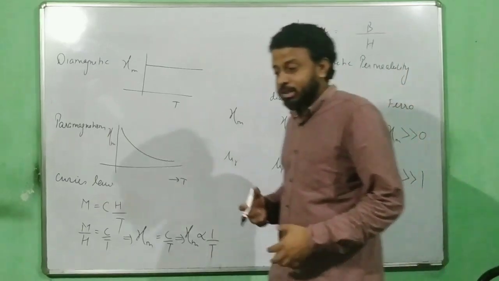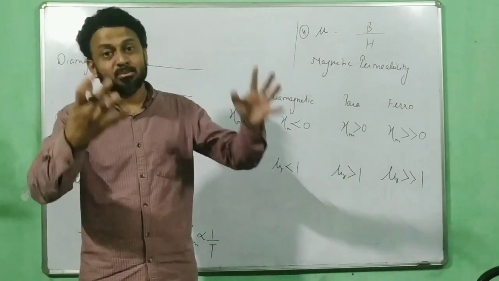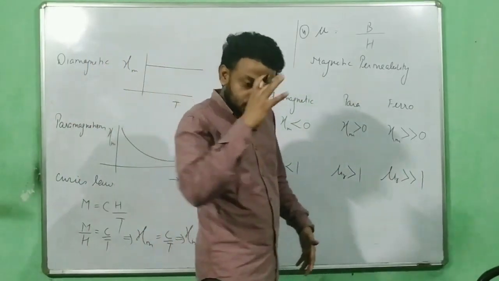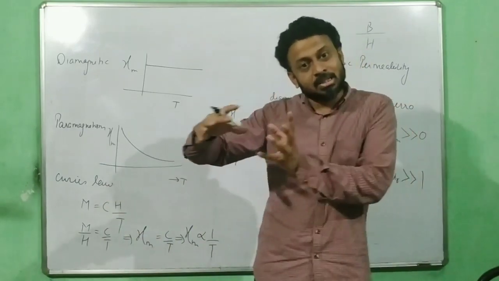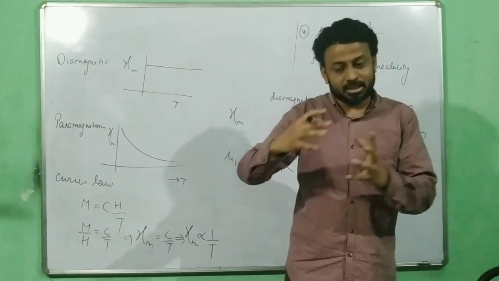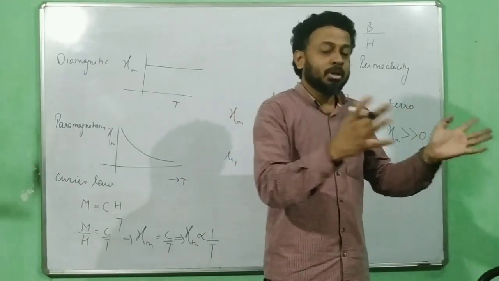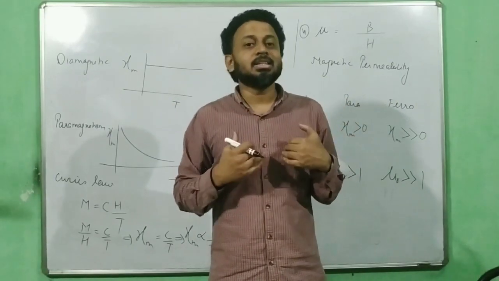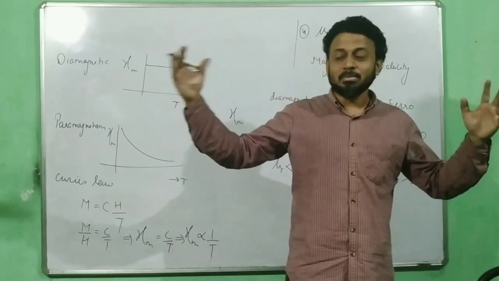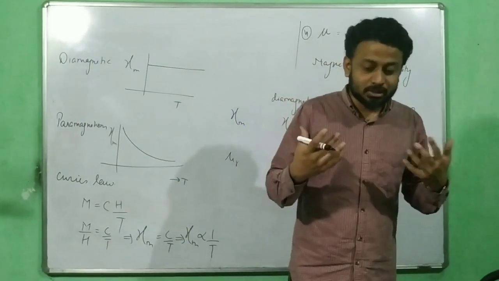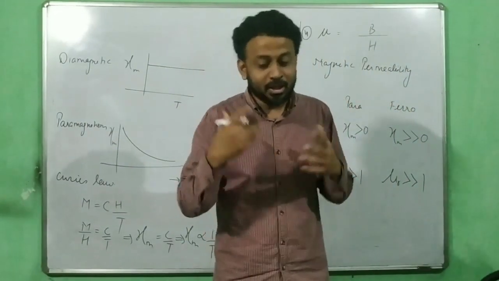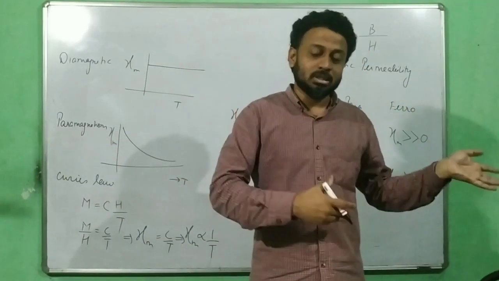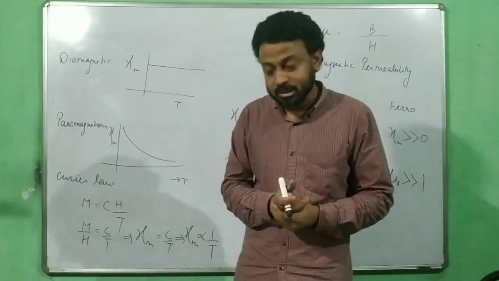Why is it happening? Because as we increase the temperature, we are providing more and more random motion to the electrons. Electrons are agitated, so the randomness increases. So you make it cool, the randomness decreases. The thermal agitation decreases, and then you can quickly align them. It's just like a teacher entering a class. If the class is at peace, silent, the teacher is able to teach very properly. So remember the whole logic: if the randomness is less, alignment becomes easier. If the randomness is more, alignment becomes difficult.